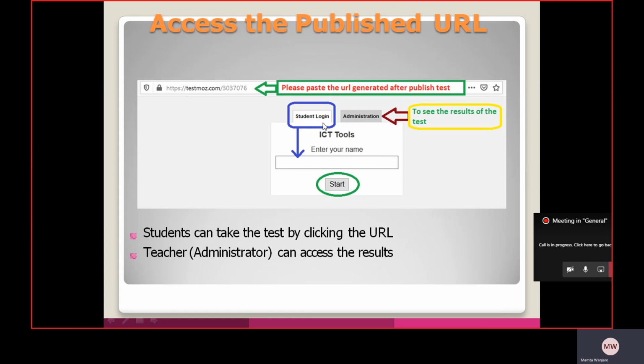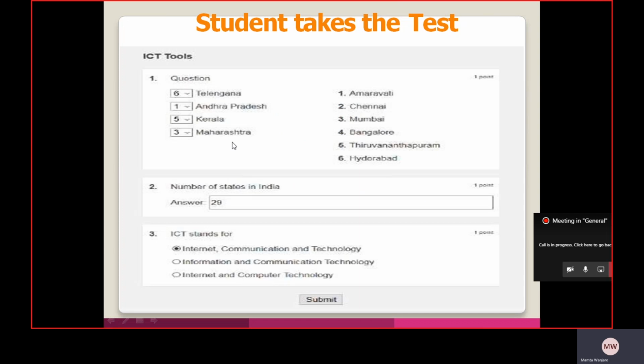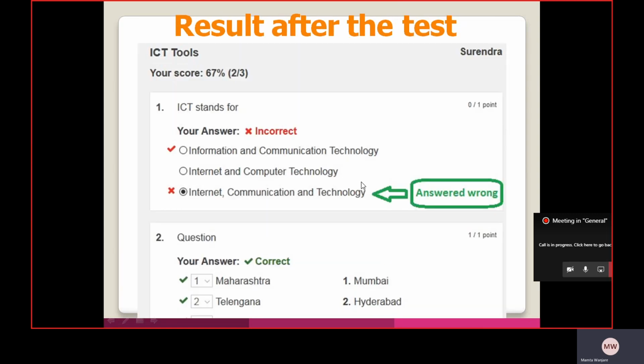Whenever he clicks on the students login, he first enters his name and clicks on the start button. As soon as he clicks on start, the test paper is generated. Give the test and submit it.